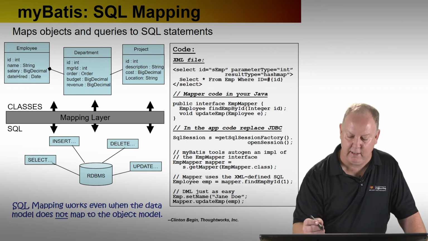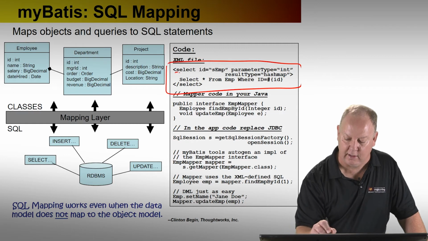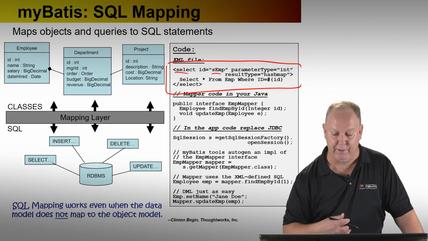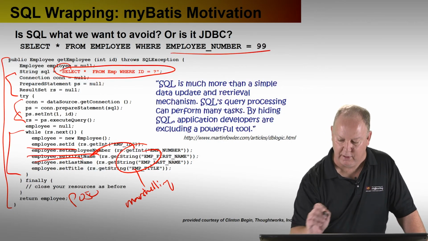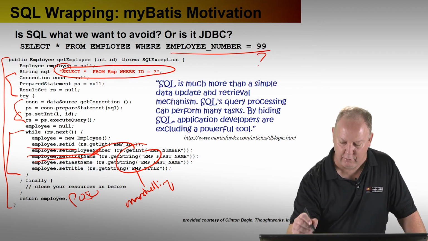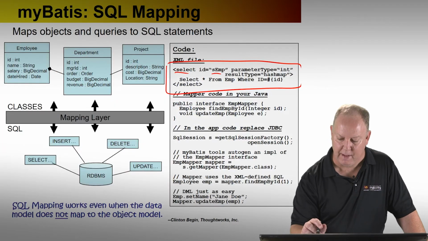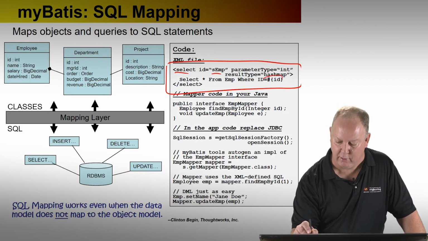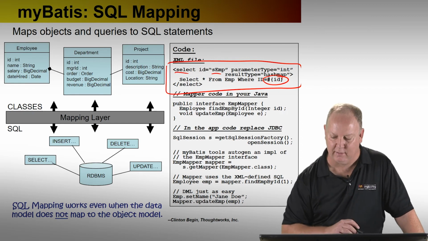In MyBatis, you would make an XML file. Here's just a snippet out of that XML file, where I'd indicate a select query, give it an ID, and tell what the parameter was, because this is going to map to a prepared statement, right? The query I'm executing is where employee number equals 99, or how we really think about it, our question mark for a prepared statement. So we map that to XML and say we're going to have some parameter we're going to bind. It's going to be of type int. In the actual query, that parameter is represented with a pound sign or hashtag type in brackets kind of syntax.